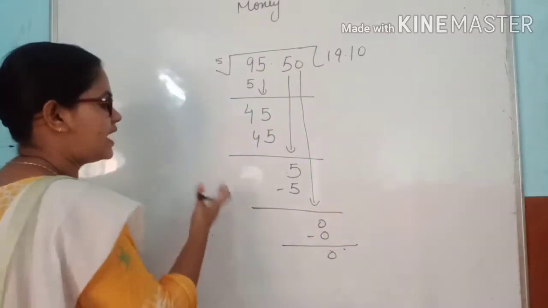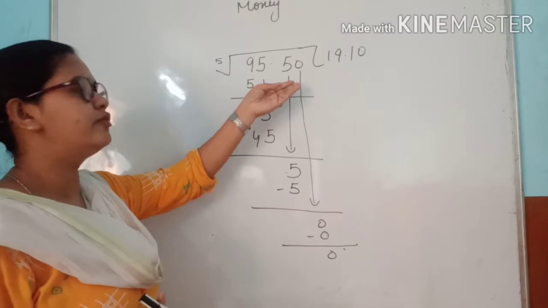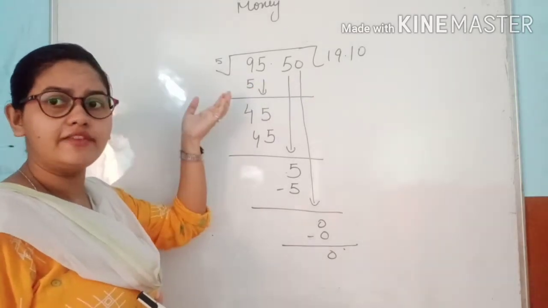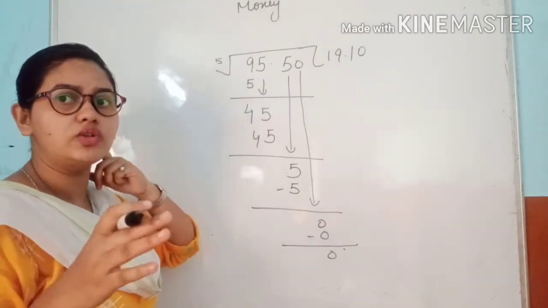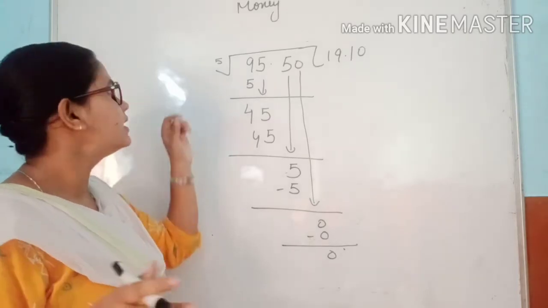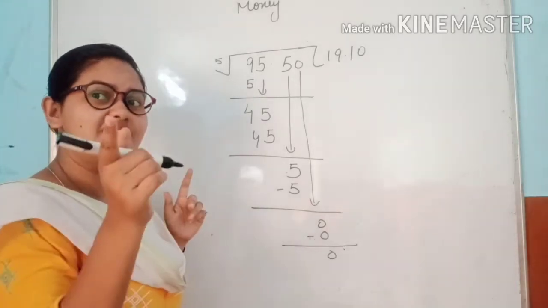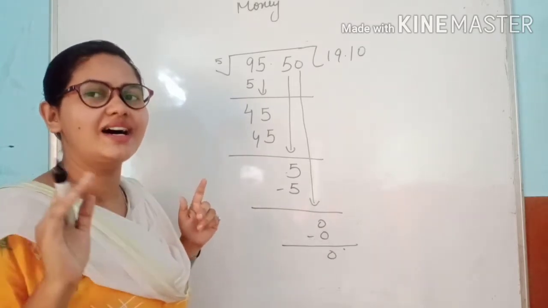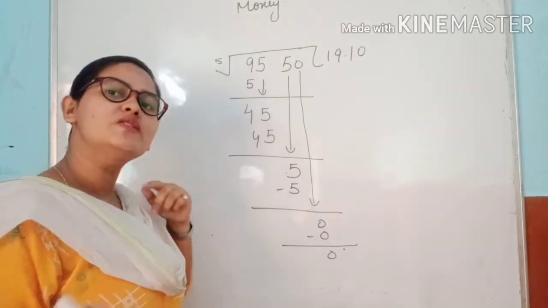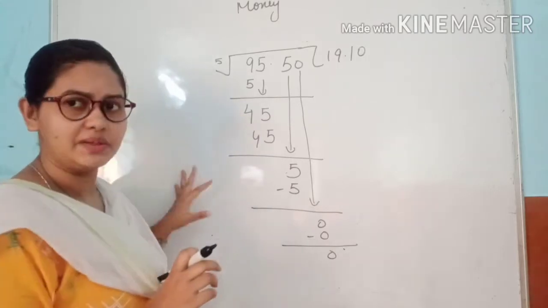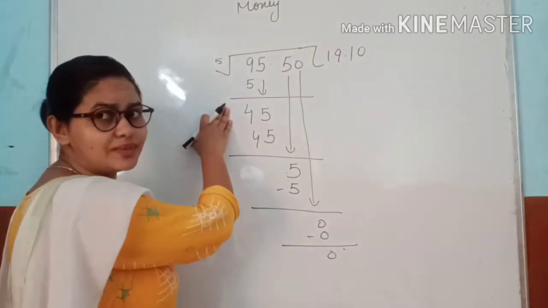Okay. Now you can see I have written here 95 point, which we have to divide by 5, right? Because we have to divide it into 5 equal parts. So let's take a revision of the 5 table. 5 ones are 5, 5 twos are 10. I know that table is very easy for you. So let's revise it here by the division method.